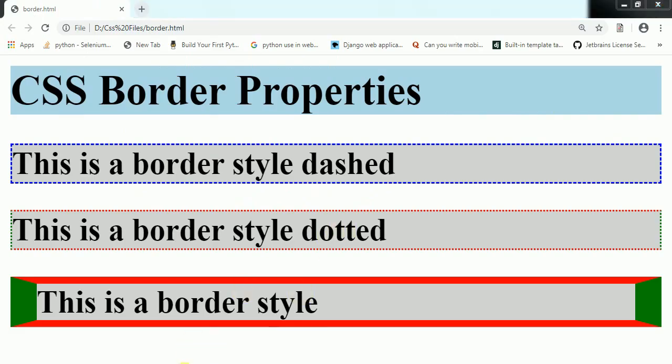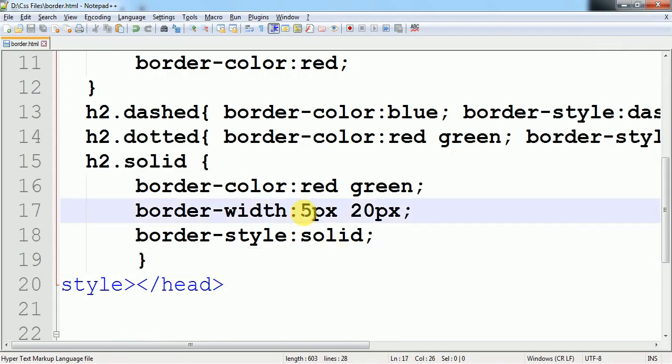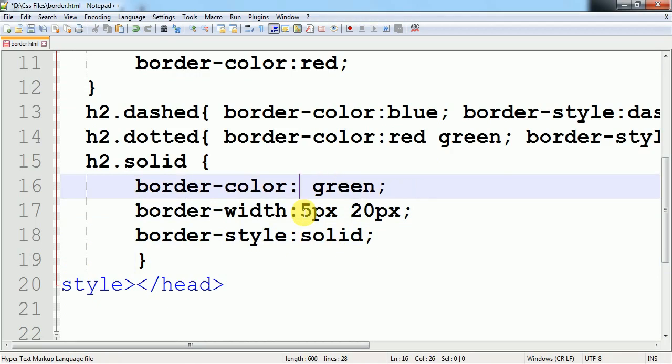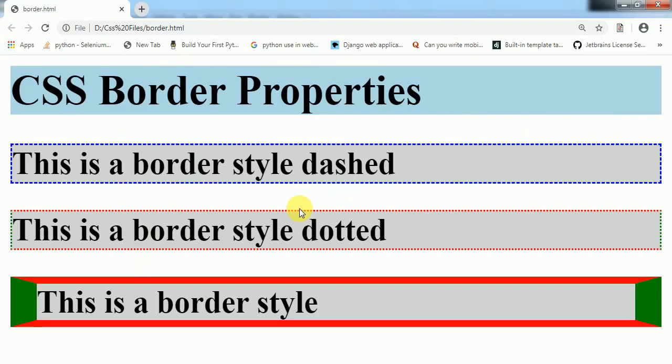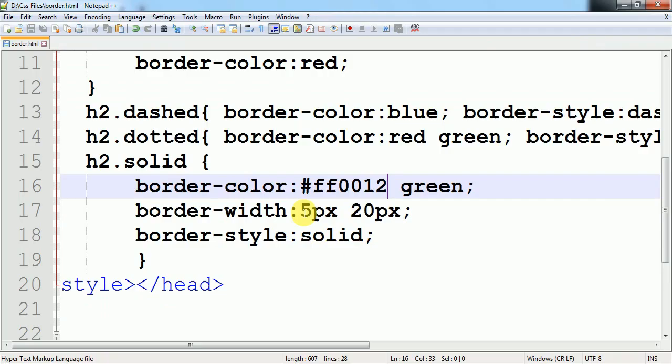In color we can, instead of a pixel, we can give color in RGB also. We can use the RGB function, or in a hexadecimal form we can give, that hexadecimal form is this hash, then 6 values, any 6 values we give, like FF0012. Let's see what is the change in the color.